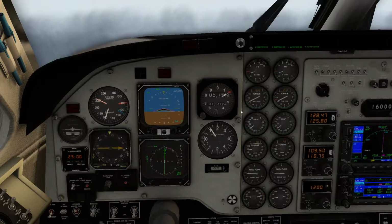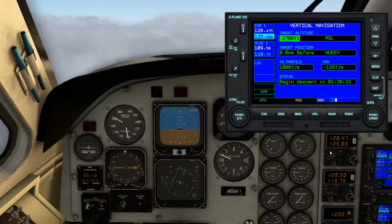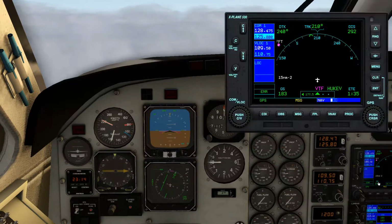So we're just gonna sit here for a little bit, and the wind's getting more of a headwind. Dang it, I was hopeful. We're nearly at top of climb. Alright, so our speed increased to 160, our ground speed is at 183 knots. I don't think we're going up any